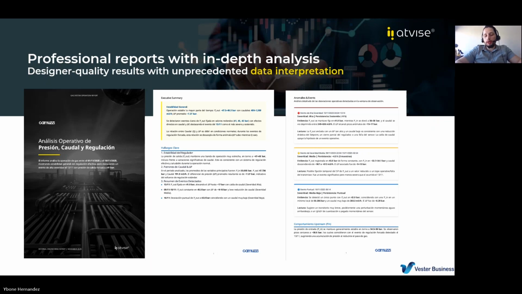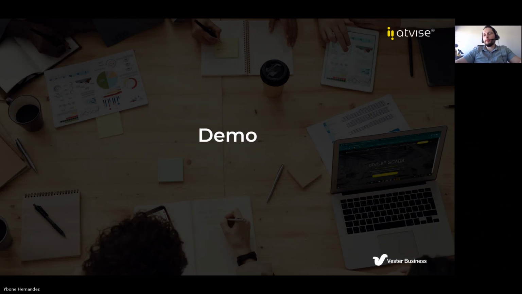With an AI agent, you could give the AI agent the space and the ability to create different reports. And you could have the different reports with the right information, obviously, every time that you want. And I think that with that, we need to move to the demo. And perhaps this is what you guys have been waiting for.